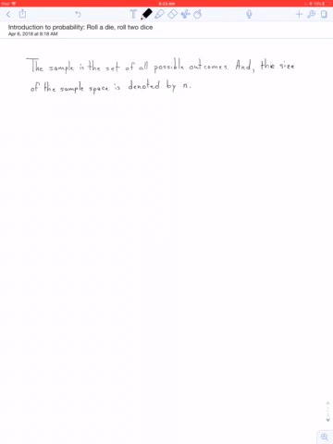Okay, now let's try this. Oops, oh goodness, I made a mistake. The sample space, put that in there. I was talking faster than I wrote. Now, this is going to be a vocabulary word, the sample space, and we're going to be referring back to that quite often. Now, if we roll a single die,